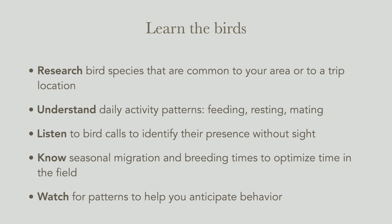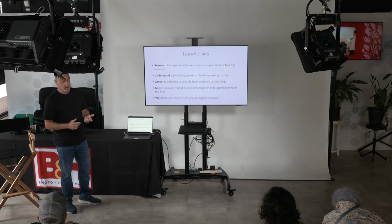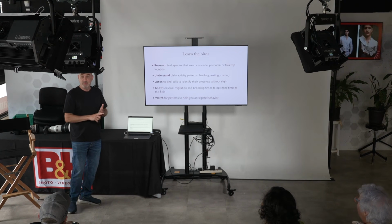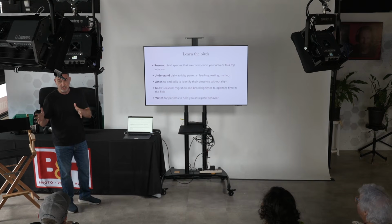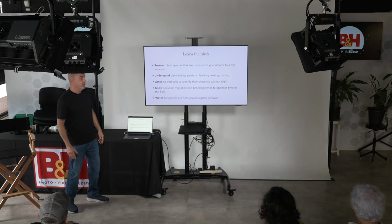Research bird species that are common to your area or a trip location. The more you know about a bird, the more it's going to help you in the field. If you know how they behave, if you know how close you can get, if you know their patterns of behavior, you can position yourself in a place to not scare them, right? So, like I said,